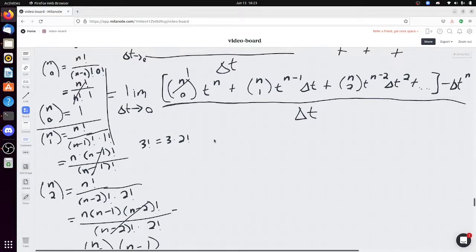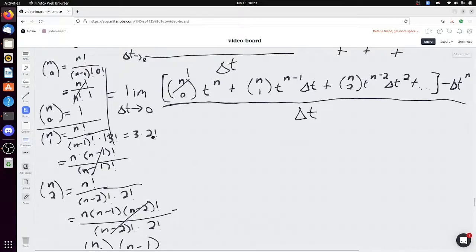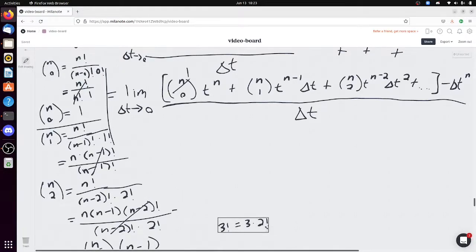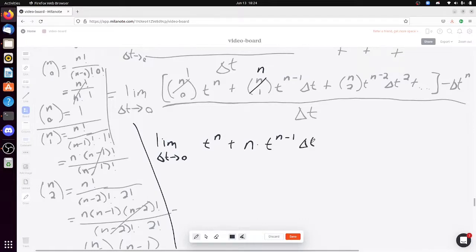So let's see if we can find a special way with our first terms. Let's start plugging in some things and seeing if we can learn anything. Let me get rid of this to make room. Let's just continue here. I'm just going to make a line there. So the limit as delta t approaches 0 of, remember this is equal to 1, this is equal to n, and then this is equal to something else. I'm just going to list out the first few terms. So t to the n plus n times t to the n minus 1 times delta t plus the rest of these terms minus